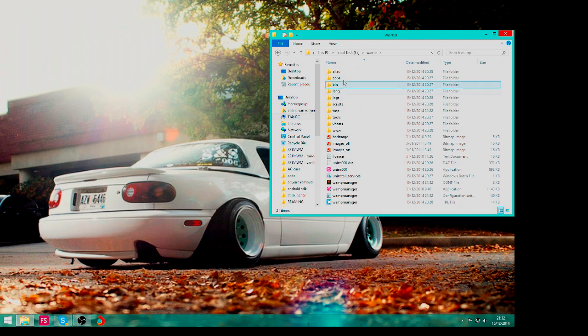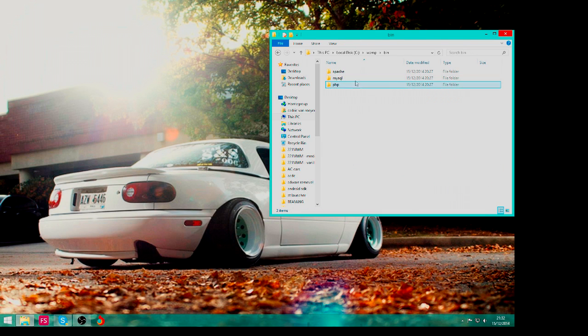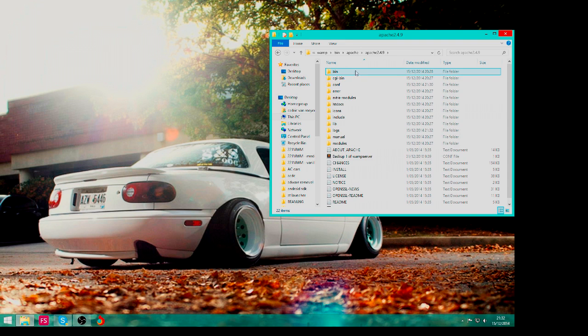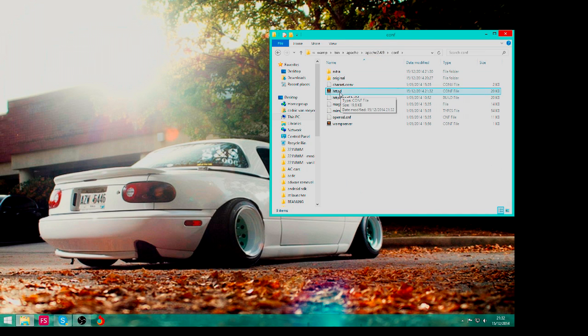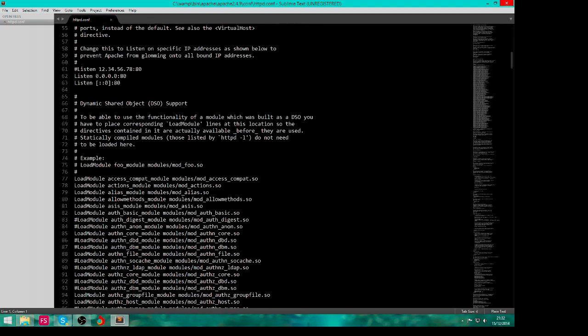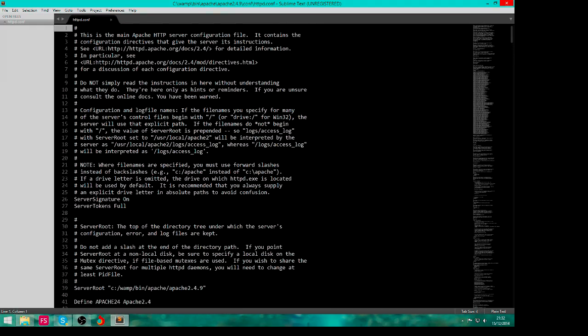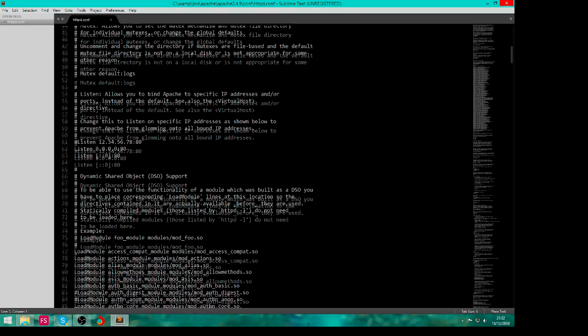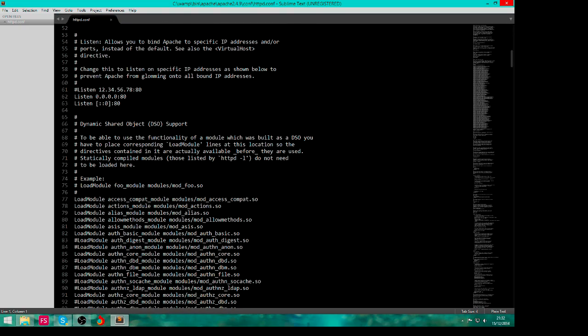So I will navigate to my main directory, then in the bin folder, in the Apache folder, then open up Apache 2.4.9 or whichever version you have. Open up the conf folder, and then you want to open and edit the httpd file. Mine will open in Sublime Text, which is because it's my default text editor. Scroll down,